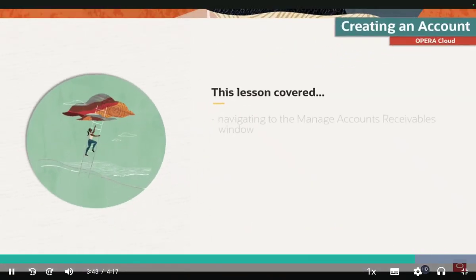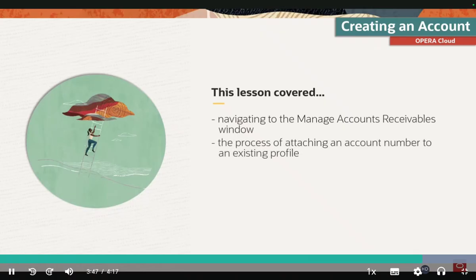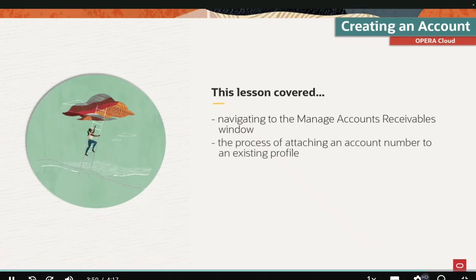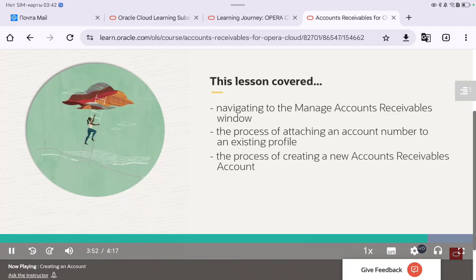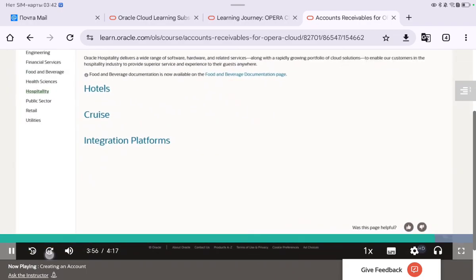This lesson covered navigating to the Manage Accounts Receivables window, the process of attaching an account number to an existing profile, and the process of creating a new Accounts Receivables account. For more information on the topic, keep your